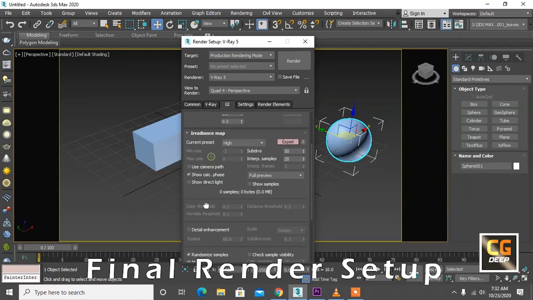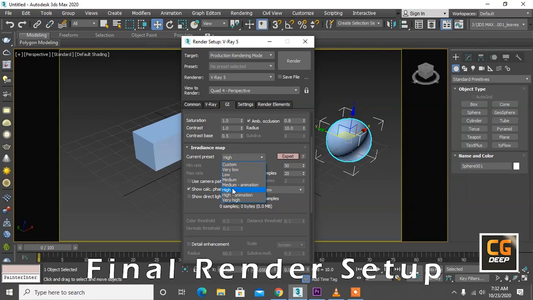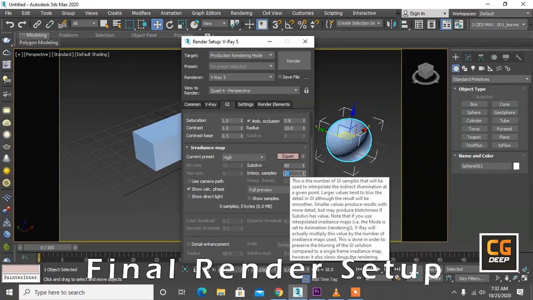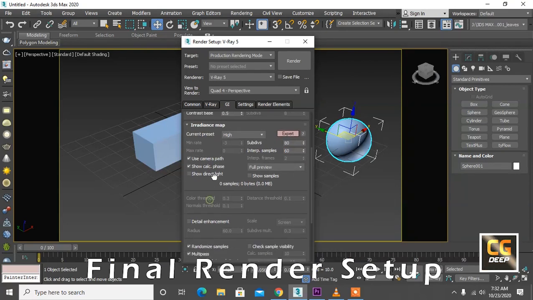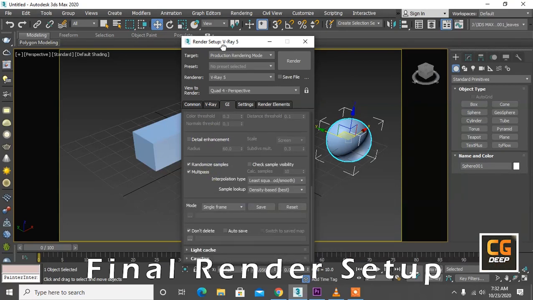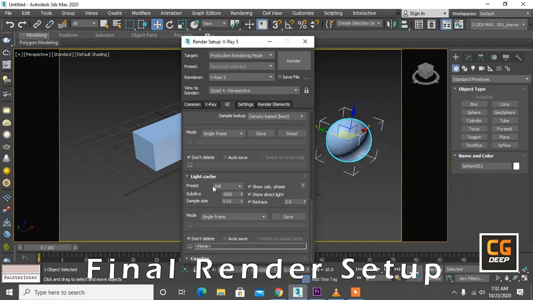Irradiance map, select high and subdivs 80 and interpolation samples, press 60. Use camera path checked. Show direct light, good. And go to the light cache and select Still and 1500 and sample size 0.02.